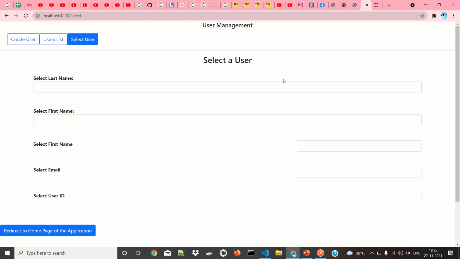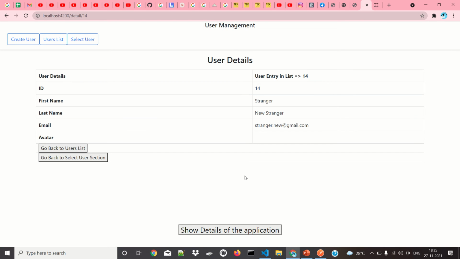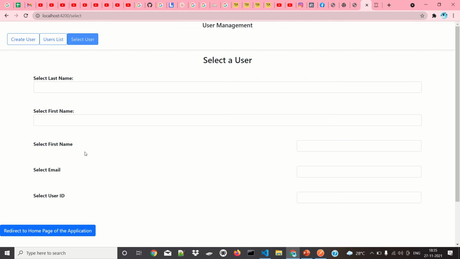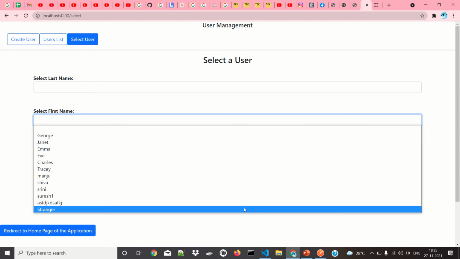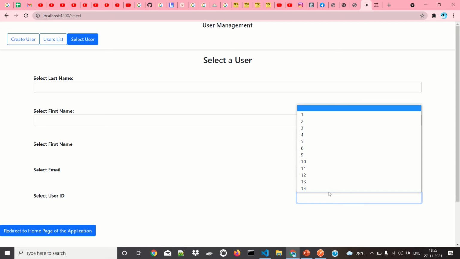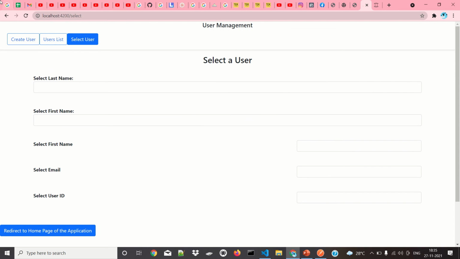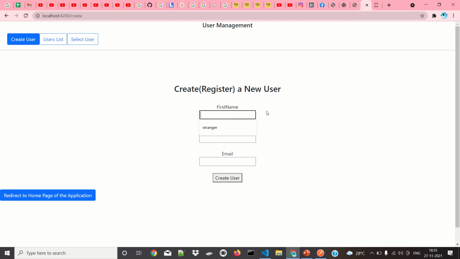I just click on the new stranger, and his entries are present. We go back to stranger selection, I will choose from here, and here also it is working. Now I'll go to create another user.